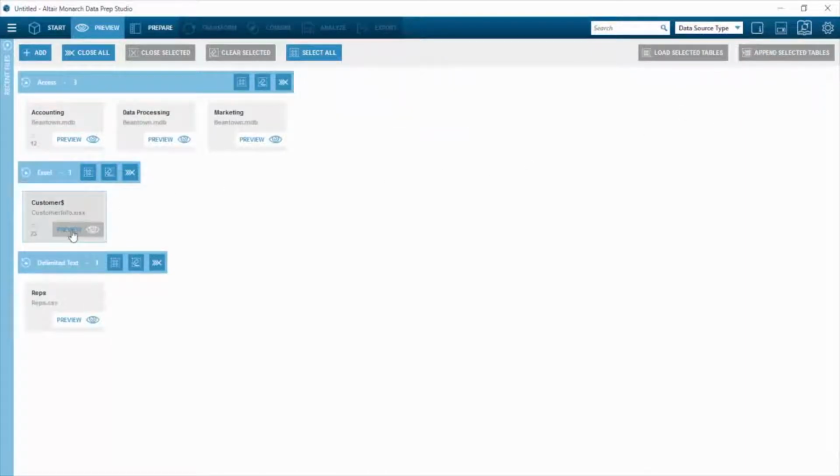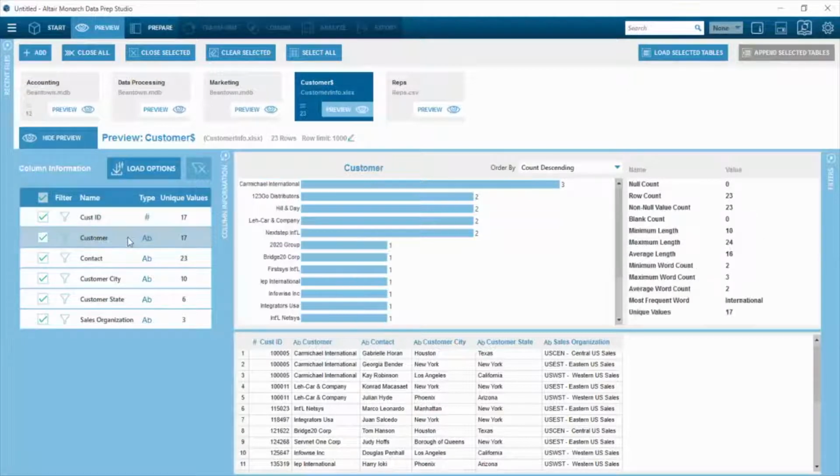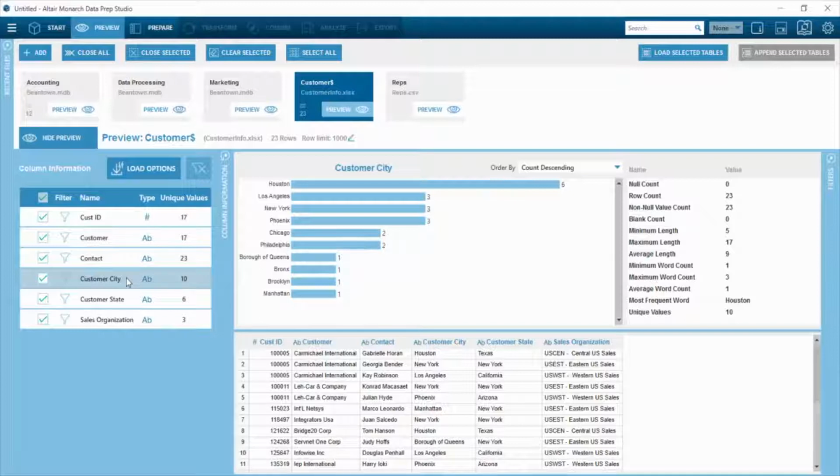When previewing a data source, aside from displaying the actual data in a grid, Monarch also provides a table with column information, such as the data type and count of unique values. Selecting a column updates the other sections with info on the current field. This histogram shows how values are distributed in the column. And we can review statistics on the selected column, such as the null count, row count, minimum and maximum lengths,